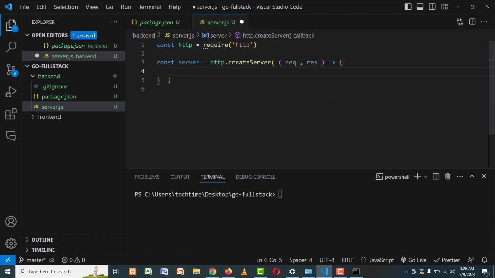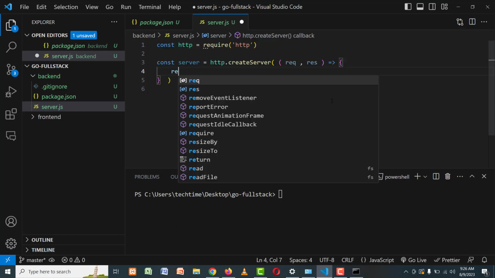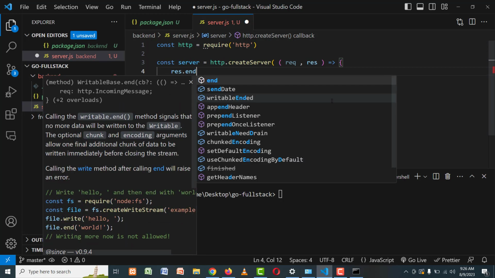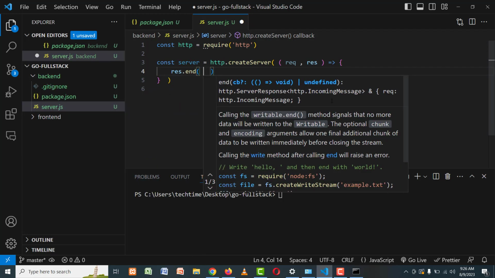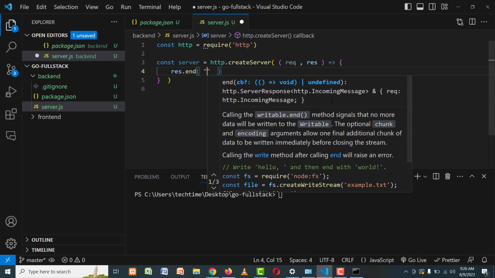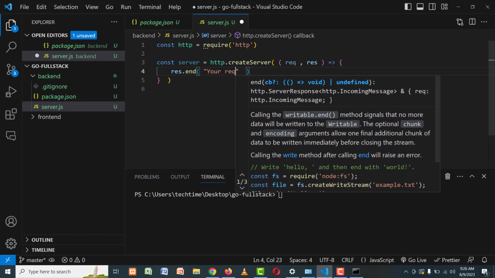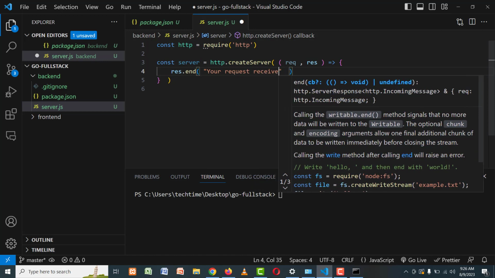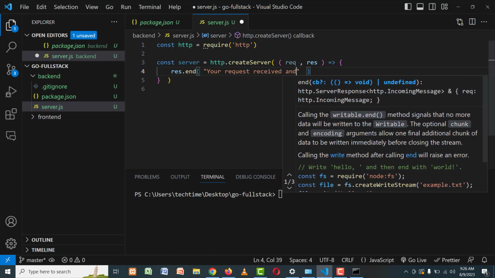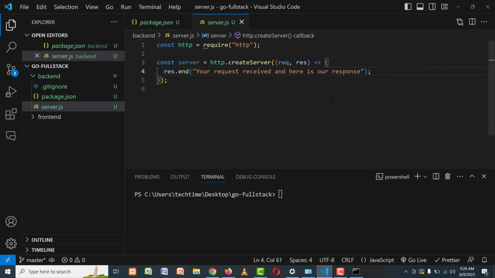So I'll write const server equals to HTTP, and on HTTP I will create a server, and within the server, using the arrow function, I can initiate the commands on requests as well as the responses. So in order to provide an initial response, I could write response.end to generate a response for a request from the browser. I can say that your request received, and here is our response. So this is the response that our server should be generating when a request is activated from the browser,